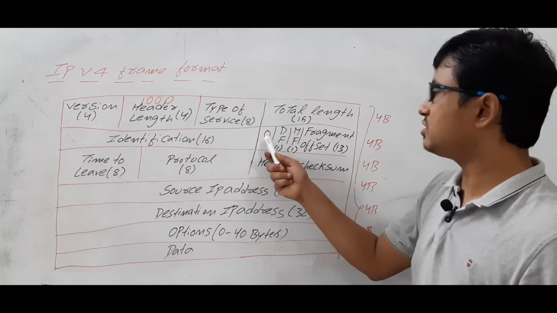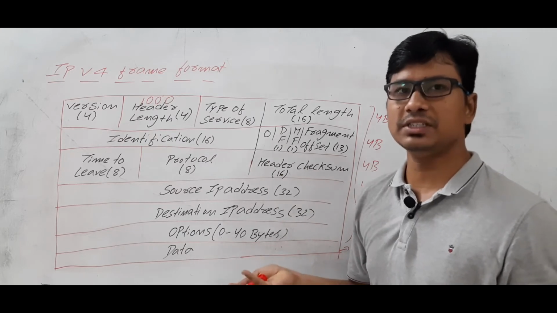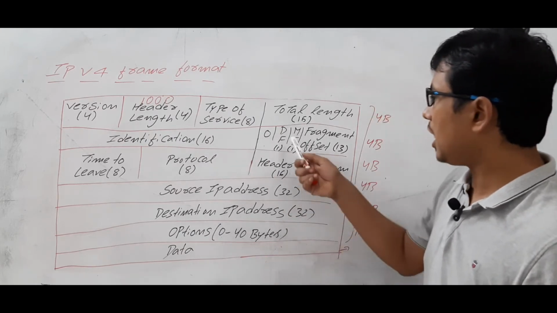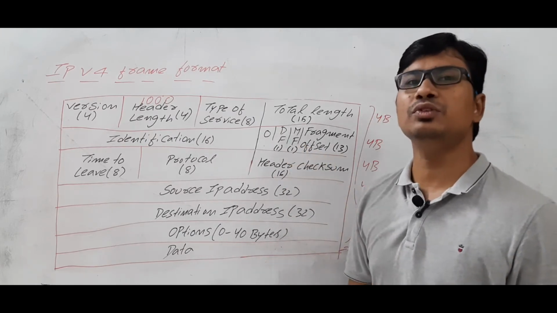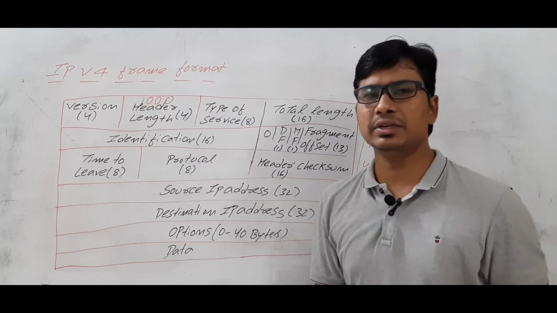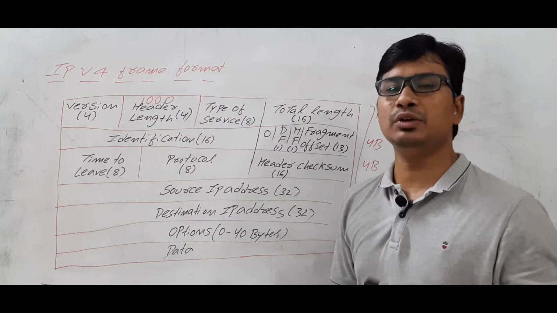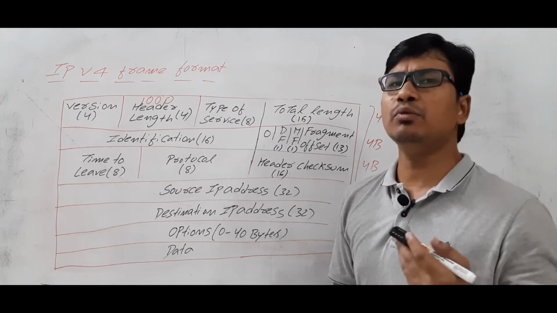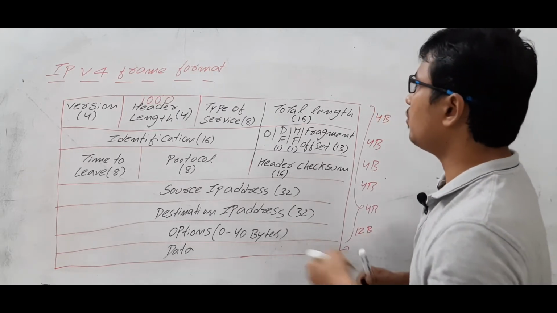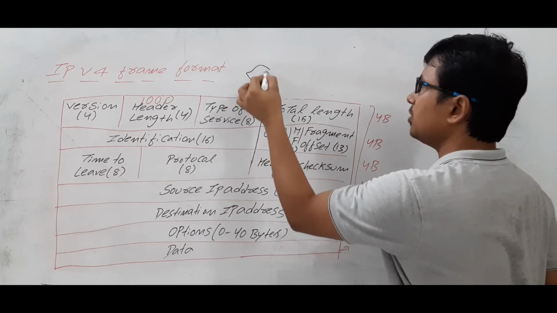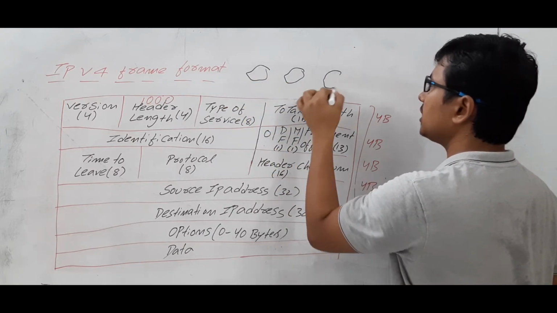Now you have a 0. Obviously, what is the use of 0? It means they kept 0 for reserved. And what is DF? It means don't fragment. As when I was discussing the functionalities of the network layer, I said we will do the fragmentation. When we will do the fragmentation, when we are sending the packet from one network to another network, and between